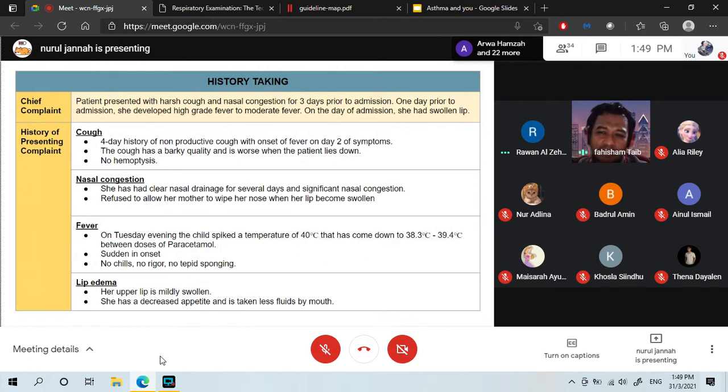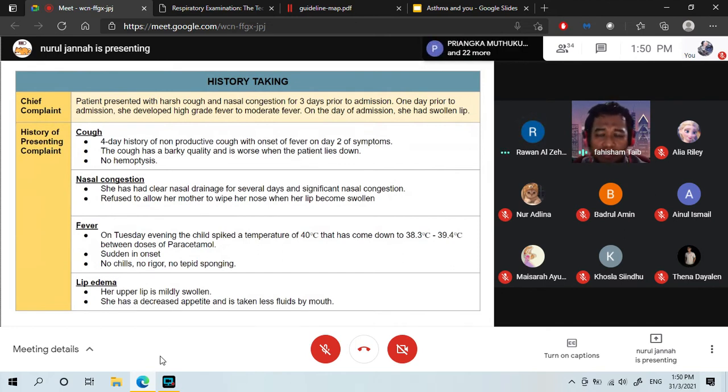So the thing I want to emphasize here, what do you think was the reason for the mother's presentation or bringing the child over for admission? Is it cough? Well, if it's cough, does it require admission for cough? Or maybe it's a prolonged cough and then other symptoms start to appear, like fever and lymphedema, so the mother starts to be more concerned about what's going on.